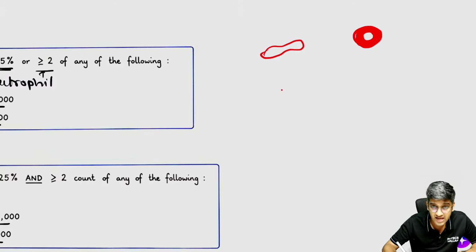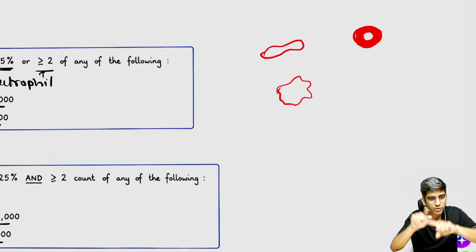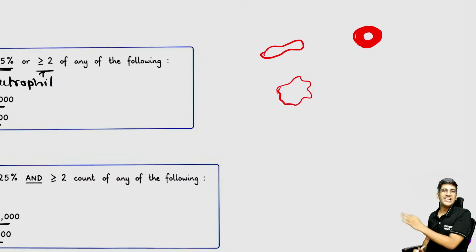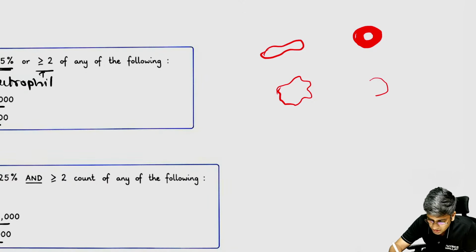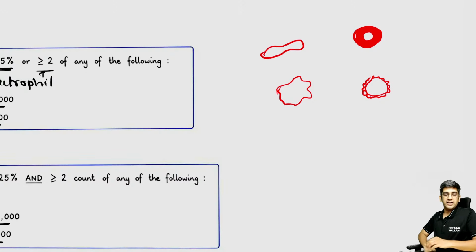Okay. If you have an RBC which has multiple blunt projections, can anyone tell me what RBC it is? Multiple blunt projections on the RBC surface. What RBC is that? If you have an RBC which has uniform projections throughout the RBC surface, what RBC is that? Uniform throughout the RBC surface. What is that?